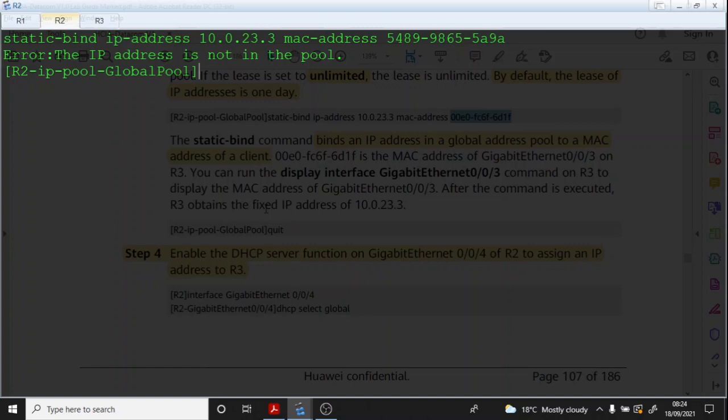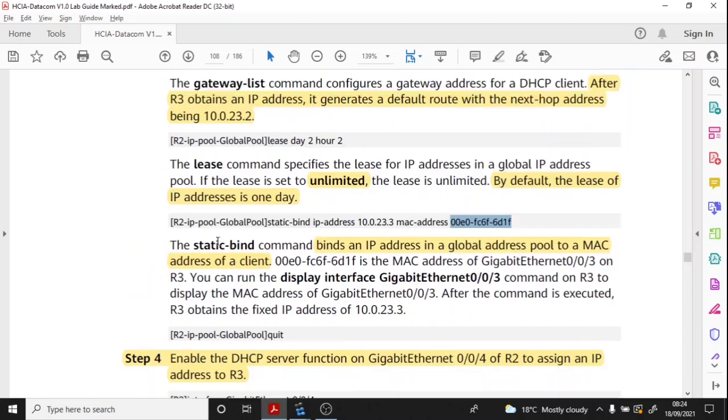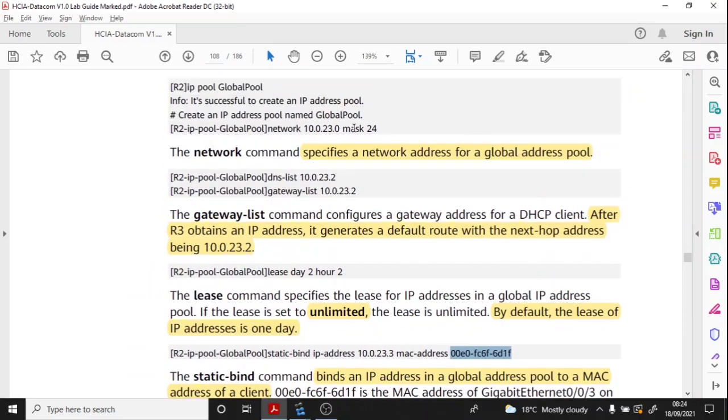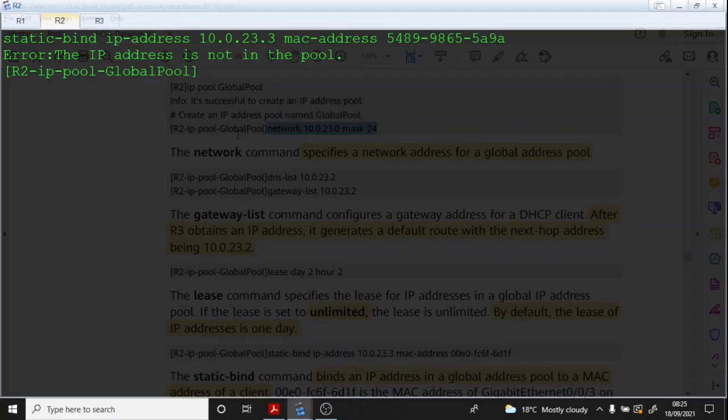Oh, did I use the network command here? I was supposed to use the network command. Oh, that is the problem. I think I forgot to use the network command to specify the network on this pool. So let's just do that. Okay, network